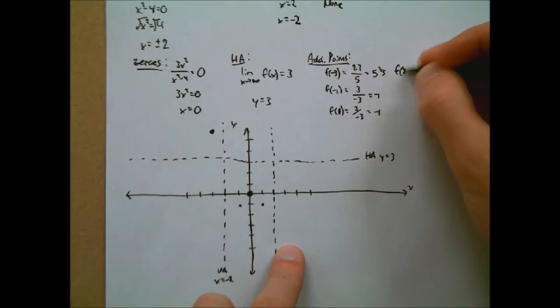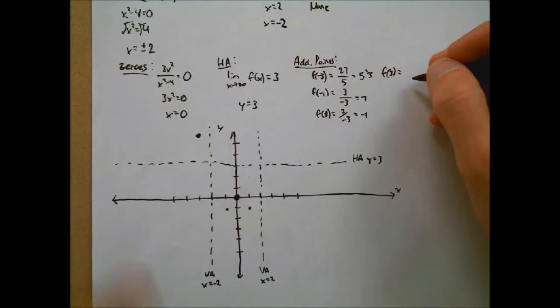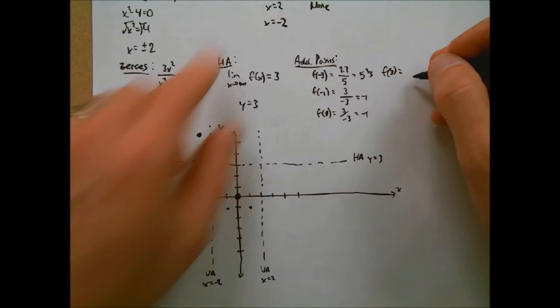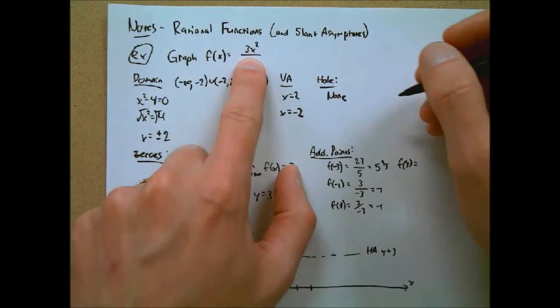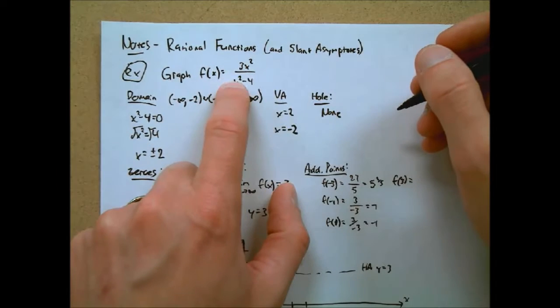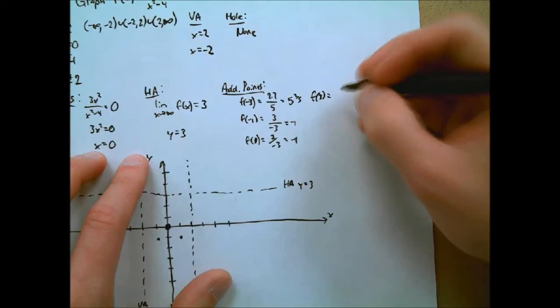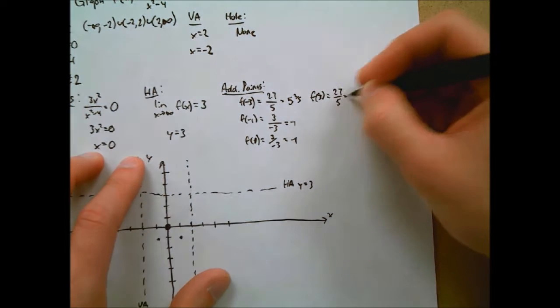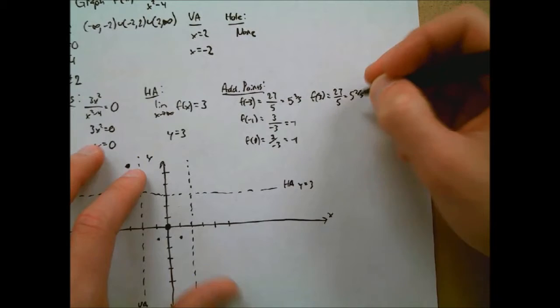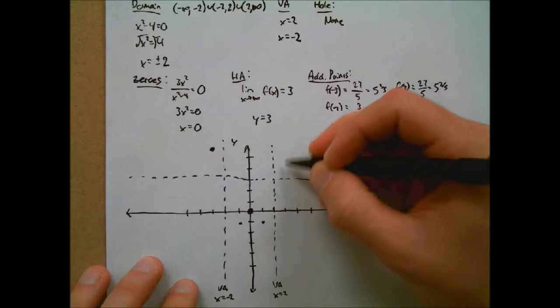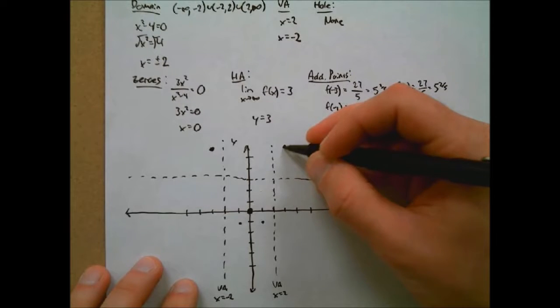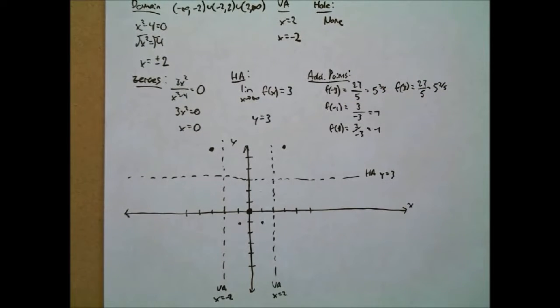Okay, so then it'll be the same thing as f of negative 3, because we're squaring everything here. But anyway, 3 squared is 9, times 3 is 27, 3 squared is 9, minus 4 is 5, so yeah, 27 fifths again. Or 5 and 2 fifths, or 5.4. It looks like a 4 in the middle. It does, exactly right. And then I think you should do negative 4 and 4 to see if it's